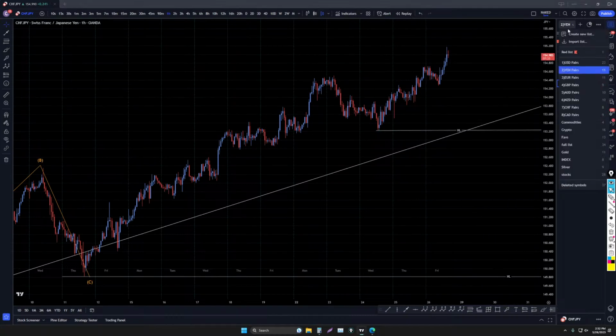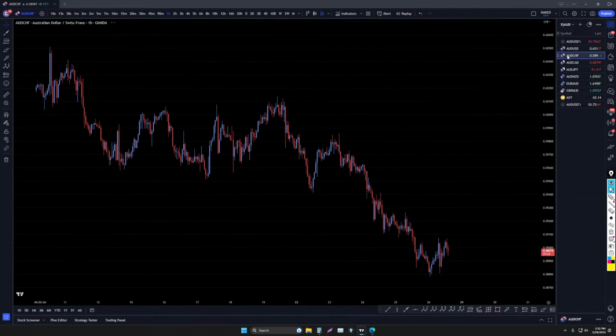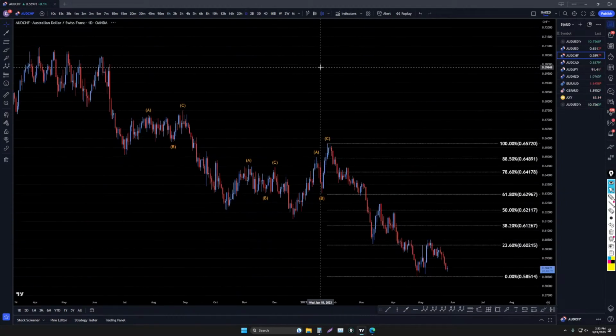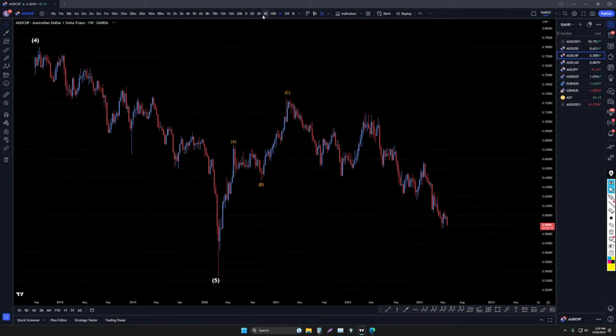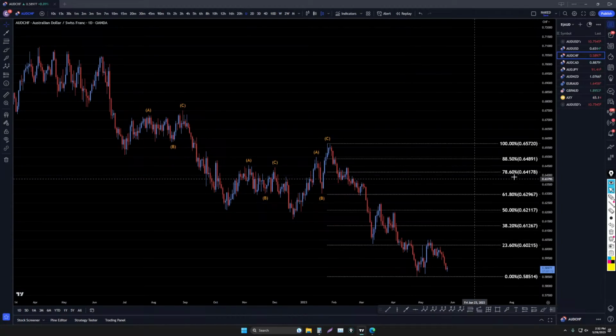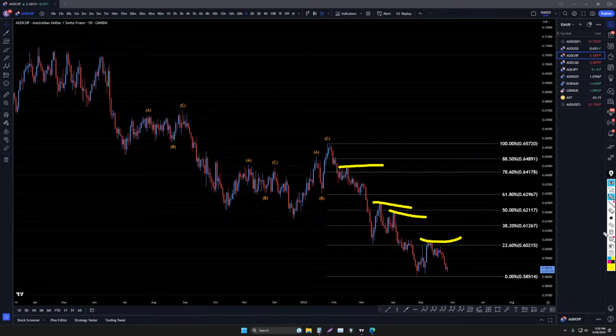The Aussie Swiss, I normally don't cover that, but a lot of my members aren't really requesting anything like they normally do, so we can look at it real quick just for a couple of minutes and see what we see while we're waiting for the news. Oh yeah, this one still looks like it's going down. On the monthly and weekly, definitely down. Daily, as you can see, we're making lower highs the whole way down. Definitely still in a downtrend, no doubt about that.